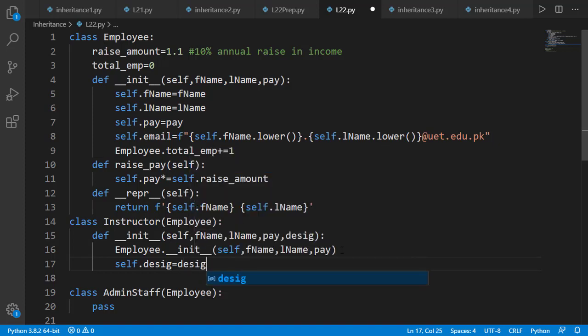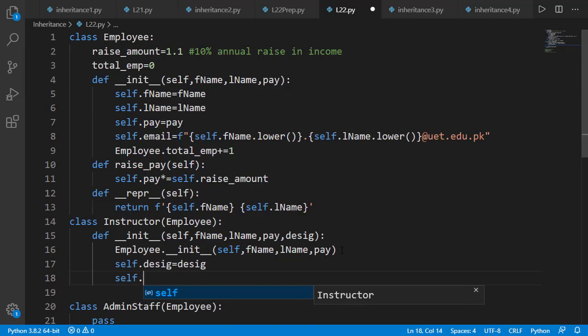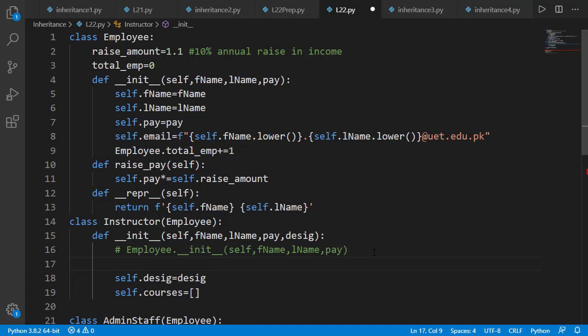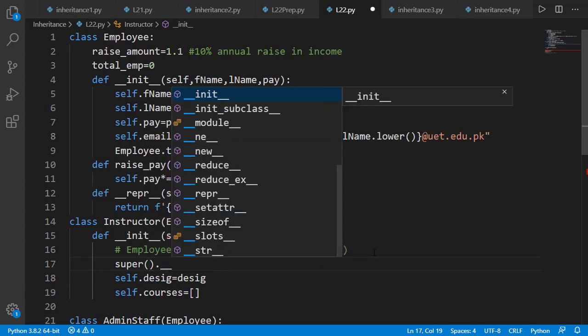Note that I am not applying any checks in the form of getters and setters methods, neither am I creating the enumeration class for the designations, just to keep things simple and focus on the class inheritance concept. To call a method of the parent class, we can call it by the parent class name as we are doing on line number 16. But there is also another way, and that is by using the super function. The super function refers to the parent class. And then we can specify the method name.